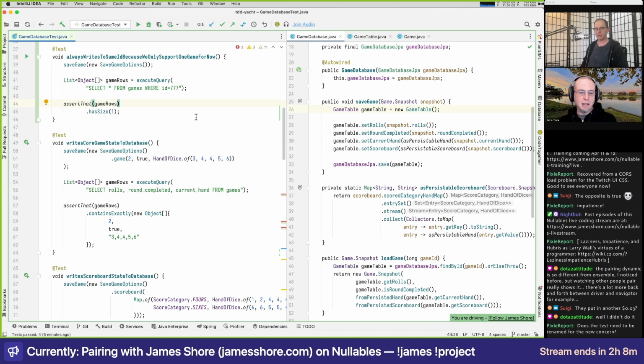Yeah, what about your experience? Yeah, so I think the pairing is much more intense, because whether you're driving or navigating, you're always actively thinking, actively engaged, which is good. But I also think it can be part of the downside of pairing, which is why these days I always prefer ensembles, because there's that time where you can step back a bit.